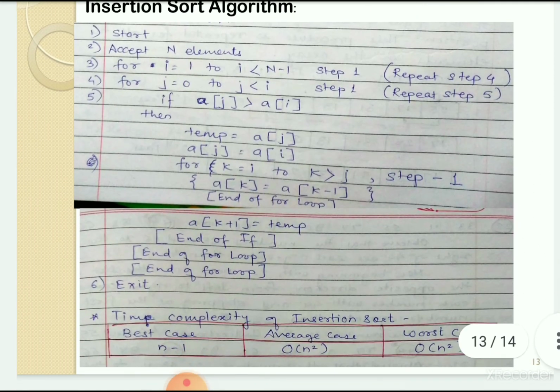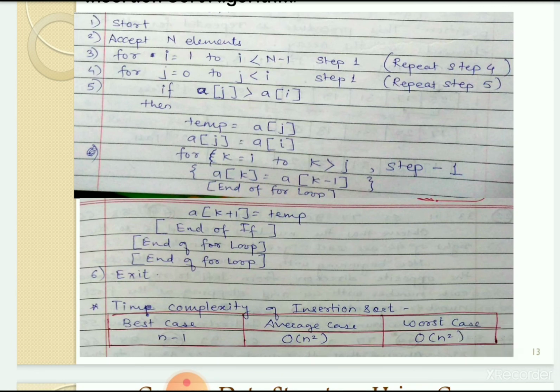The second algorithm is also beneficial. You can get the idea properly here. It will accept the n elements, for i equal to 1 to i less than n minus 1. So we will always start with 1 compared with 0. So for that the for loop is different here. It is from i equal to 1 to i less than n minus 1. Again for j equal to 0 to j less than i. Always we have to compare 1 with 0, 2 with 0 and 1, 3 with 0, 1, 2. So like that, for this you require two different for loops having values of i and j differently.